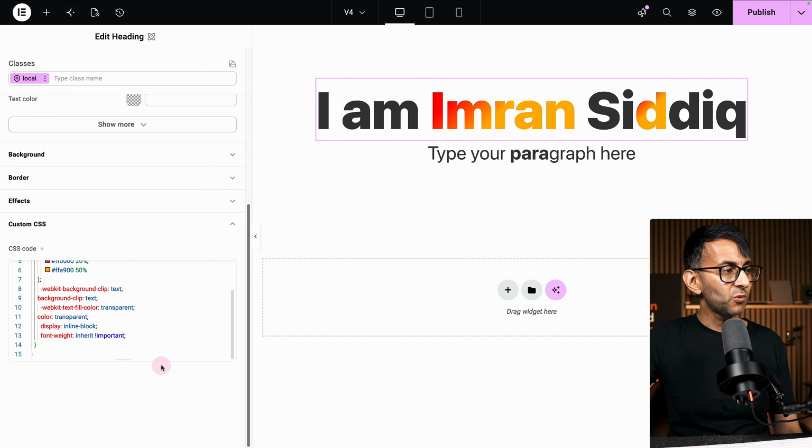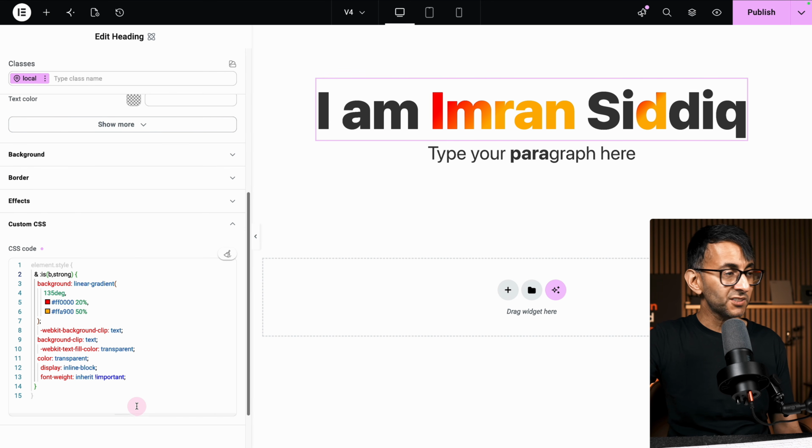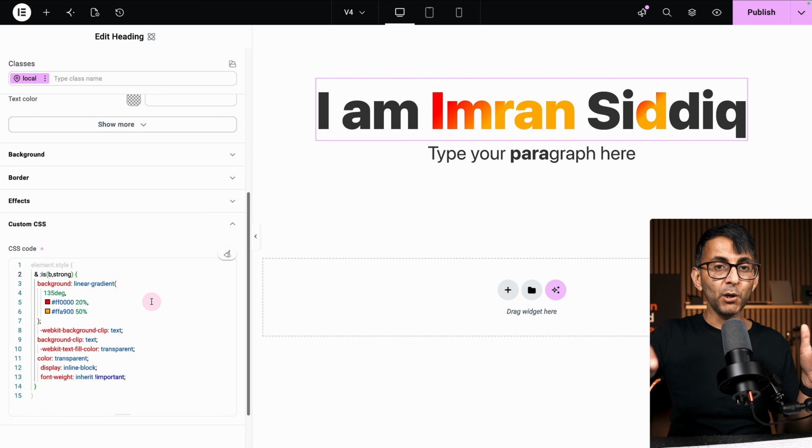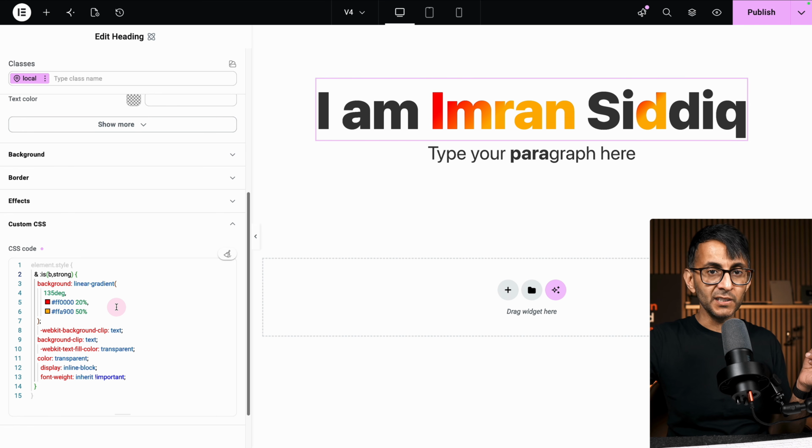And I'm going to go down to where we have the custom CSS in the style tab. This is version 4. This is the code you need. This is in the video description. What you're saying is when anything is bold or strong, which is what you're doing when you make it bold, use these two colors, and this is the percentage movement, and you can play around with it, and I want it at 135 degrees. If I was to go and do something like that, where the numbers match,